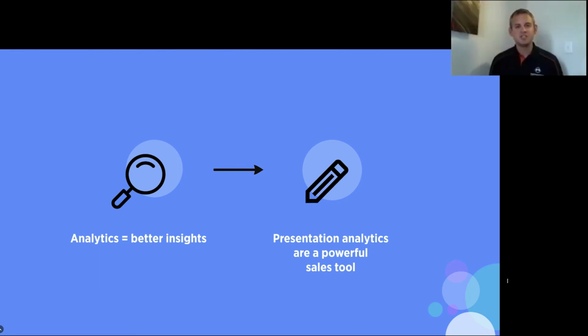Exactly. So many people associate campaigns or analytics with larger campaigns where we're reaching a broad audience. Yeah. But you just hit on a really valuable part of this analytics that most people maybe wouldn't anticipate, which is one-on-one sharing. I can generate a campaign link: hey, I'm going to send Jill this email, and it's got my presentation. And I'm going to see, did Jill open it? Number 1. Did she view the entire thing? Did she view a handful of slides? Did she maybe email it on? So I used that example before, but that can be very, very powerful. And in fact, sometimes even more powerful, because you only shared it with that one person.